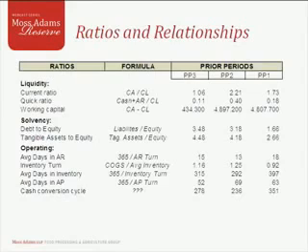So what do we do with these? Here's an example of how historical ratios and relationships could be presented. The schedule includes 3 periods and 3 categories. For liquidity, the current ratio, quick ratio, and working capital amounts are common data points. Working capital is a measure of the company's efficiency and its short-term health. Negative working capital means the company is currently unable to meet its short-term liabilities with its current assets.